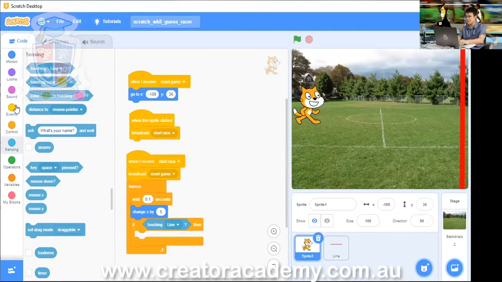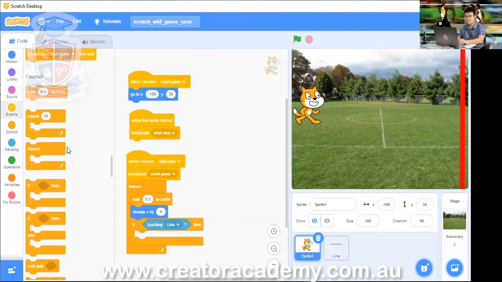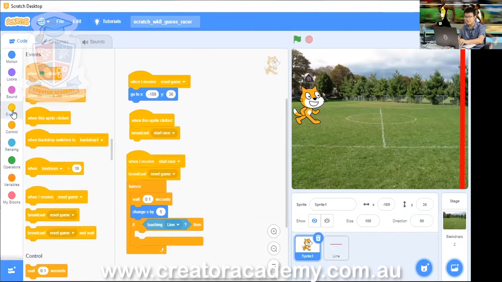If you know how to do the broadcast already, then you can skip ahead and start doing it. But after we touch the line, we have to do 2 things. We have to broadcast that the race is over, and then also we're going to have our cat say, I won the race, okay? So if we are touching the line, we go into events. Scroll back to events, or you can press the yellow button to go to the yellow blocks.